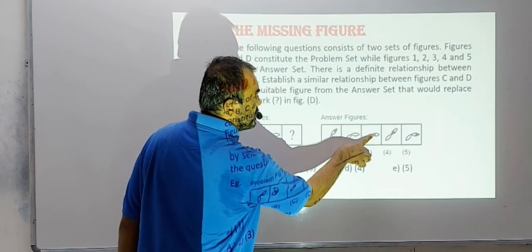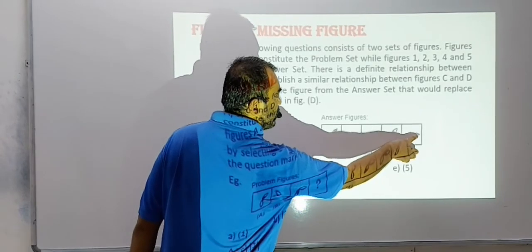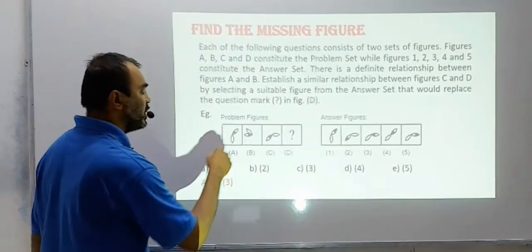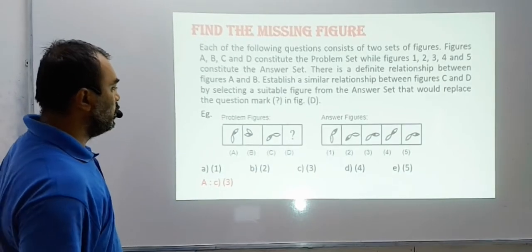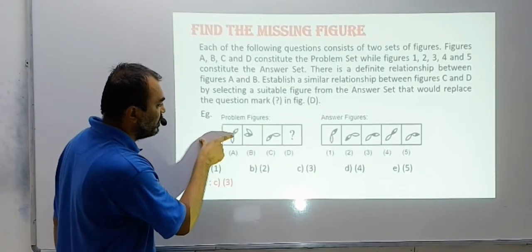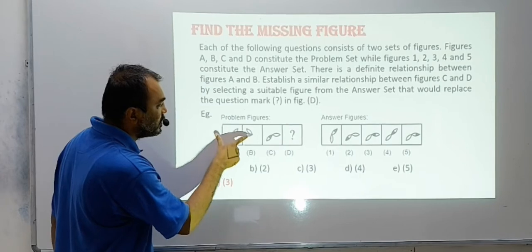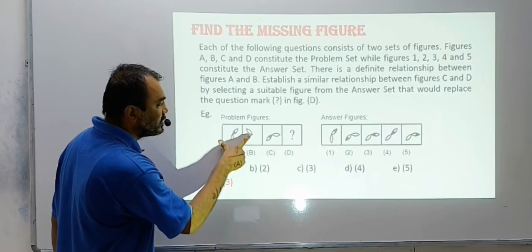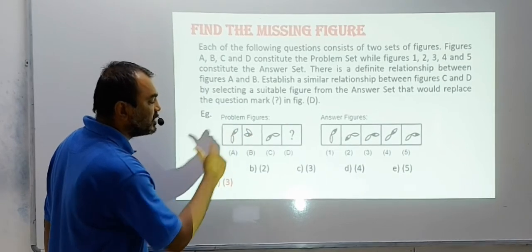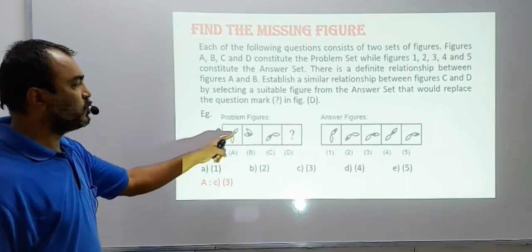This black is the inside part which is colored. Here the black is the outside part colored. So check now. What did you notice here? See this figure again. Here the inside part black is colored. Here the inside part black is colored, which means the color has not exchanged places. This is very, very important.